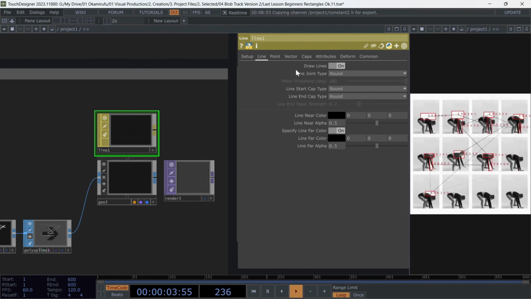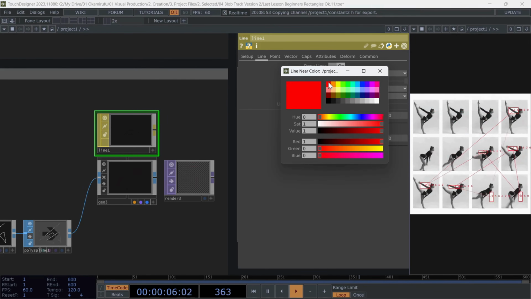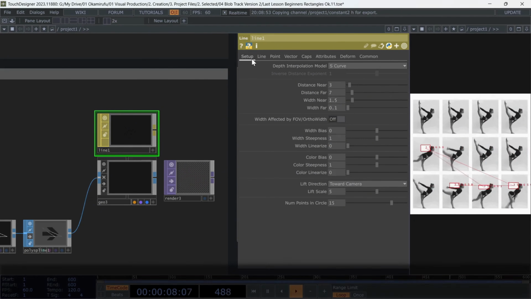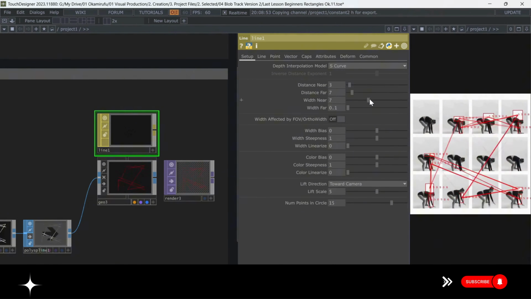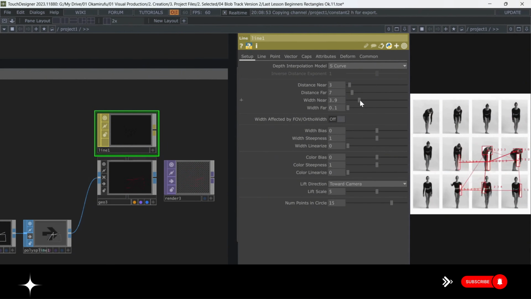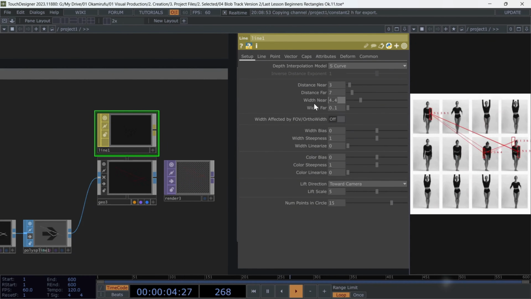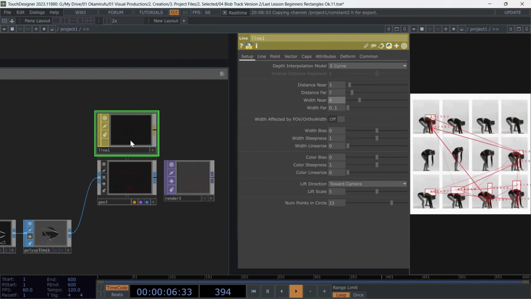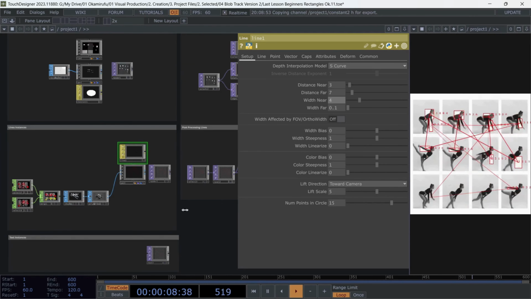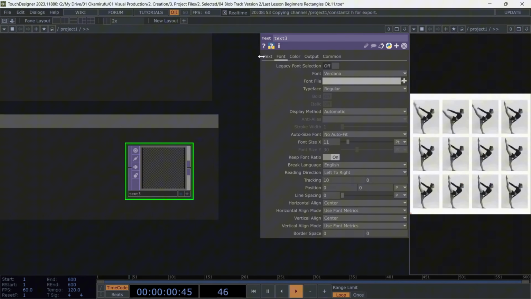Here we can manipulate the colors of the line and other aspects of its general appearance. In the general setup, we can even change the thickness of the lines if we are interested. Remember, here you can play and explore different possibilities. Below these instances, we have the text top, where we have referenced the final value of the network that has